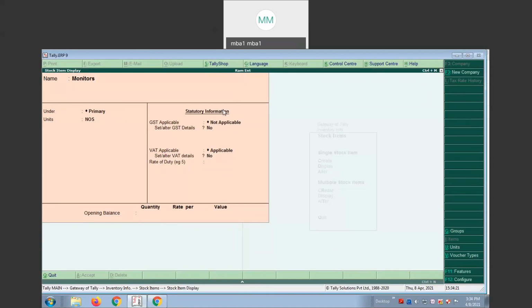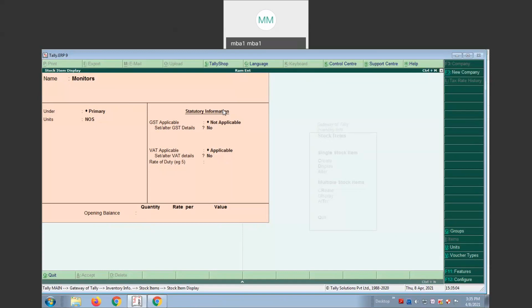GST is not applicable here as per this problem, though it is applicable presently. If you disable the GST option, it will not show here. We have enabled value added tax, right? That's why you are able to see that you have enabled GST as well as value added tax. These two items appear, and it is in your hands to change according to requirement. We are doing the problems on value added tax, so I have not highlighted GST. So value added tax is applicable.